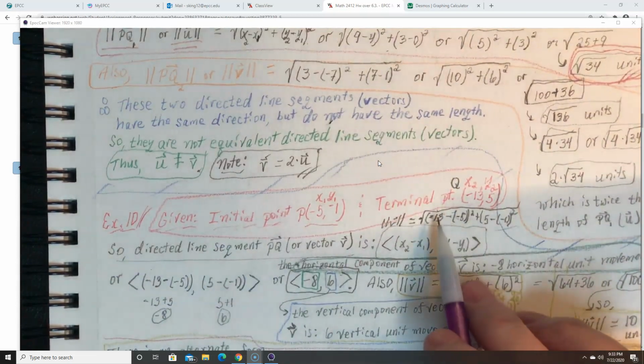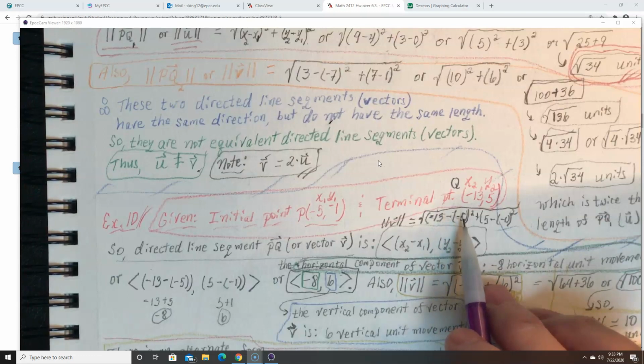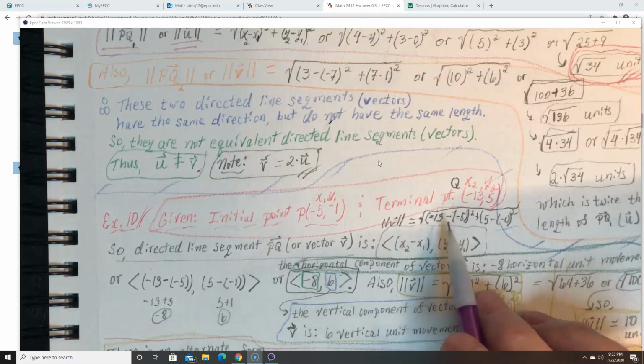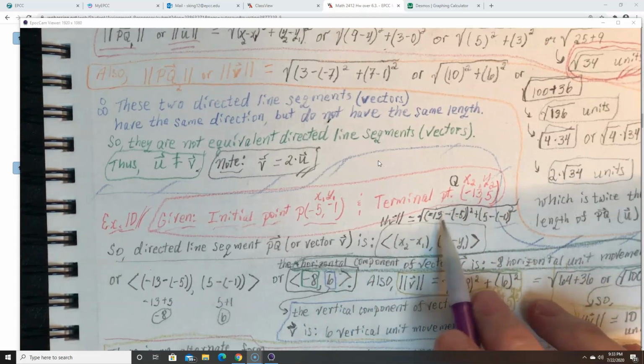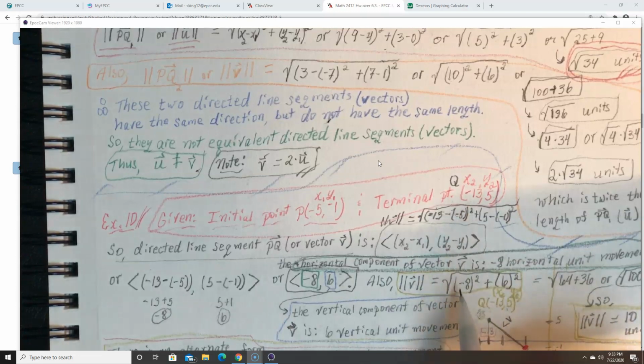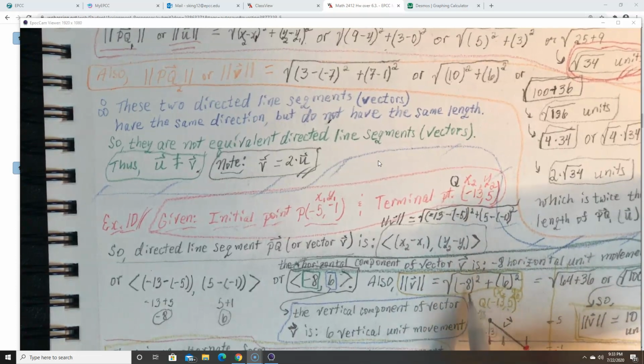And so negative 13 minus a negative 5 is negative 13 plus 5. Negative 13 plus 5 is negative 8. So it's going to be negative 8 squared. Negative 8 and then squared. So that's right here. The square root of negative 8 squared